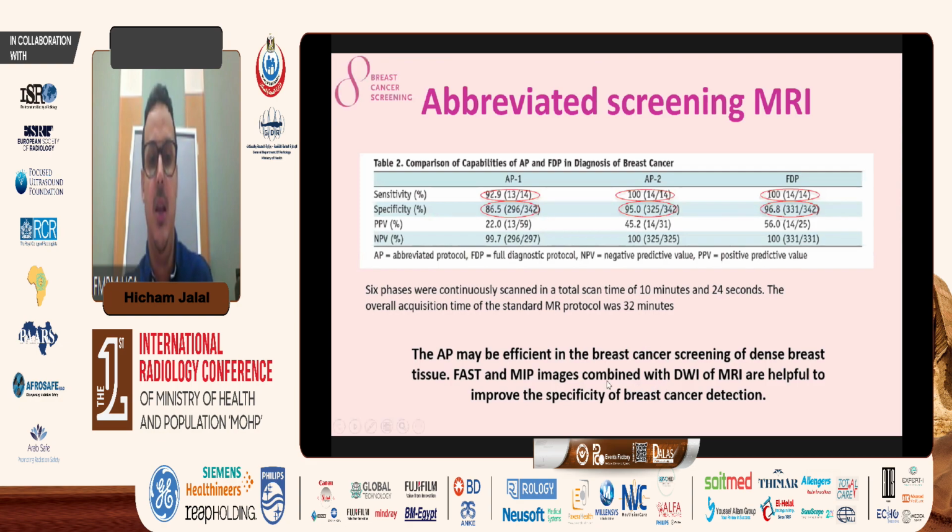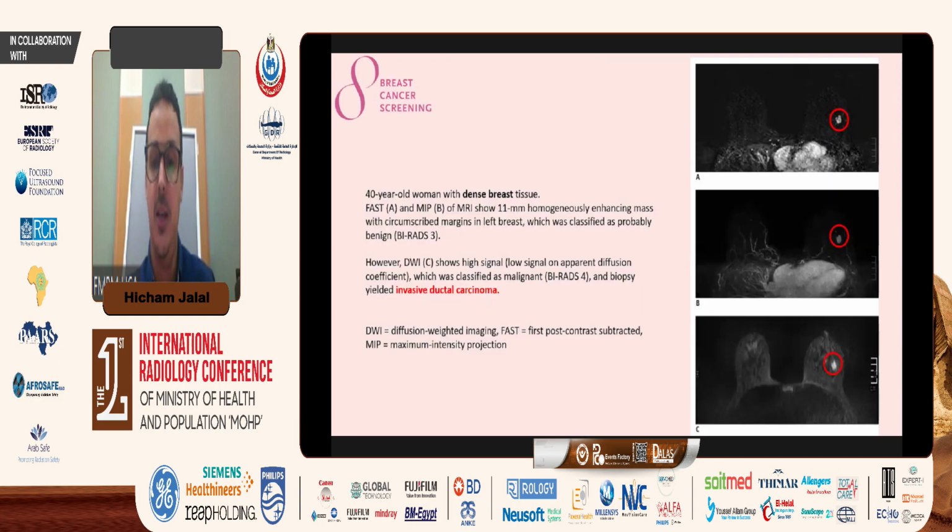Then this paper shows that the abbreviated protocol may be efficient in breast cancer screening of dense breast tissue. The FAST and MIP images combined with DWI, the diffusion MRI, are helpful to improve the specificity of breast cancer detection. We have this example of a 40-year-old woman with dense breast tissue, and as you see at